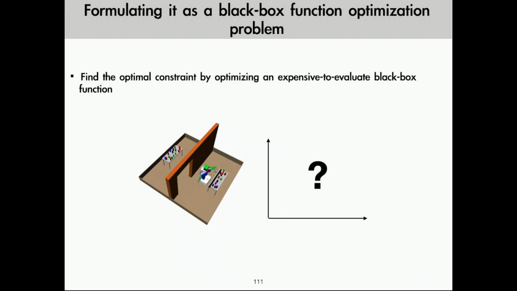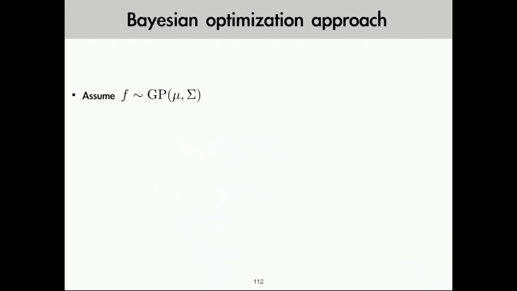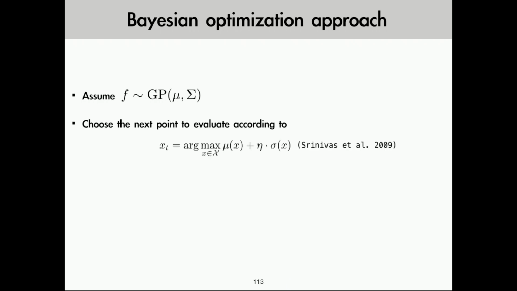A typical approach in the machine learning literature is a Bayesian optimization approach, where we assume that this black box function f that we want to optimize is a sample from a Gaussian process. And what we do is choose the next point to evaluate according to some criterion, and many different approaches were proposed for this particular problem. But one particular approach is GP-UCB, which basically tries to maximize the upper confidence bound of the current belief